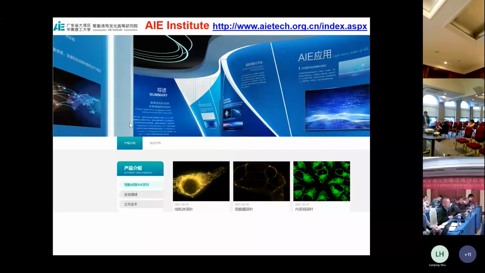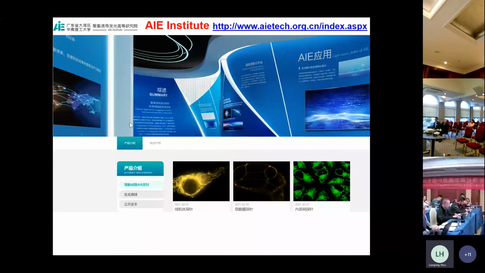Okay, normally people talk about the advantages. Now you ask what the drawback of an AIE system is. Yes, there is one drawback. In the solid state it will emit light, but for many commercial paper-based or strip-based sensors, once we deposit our AIEgen on a paper strip, the emission is on. So this forces us to develop a turn-off system. This is a drawback. However, we can solve that problem.